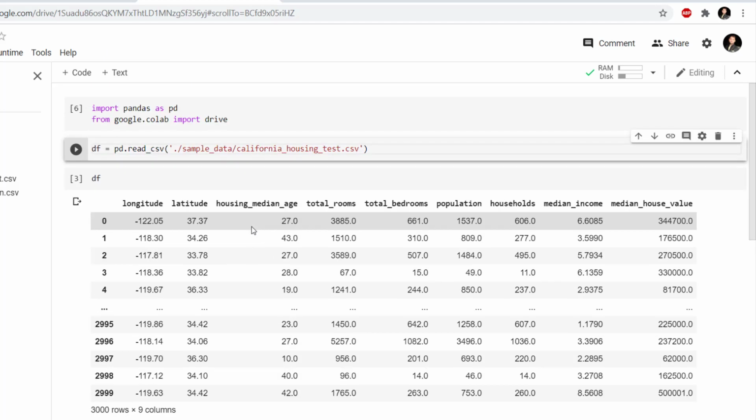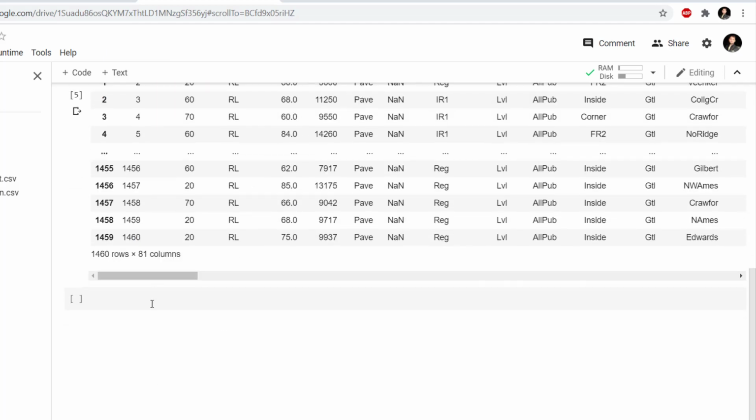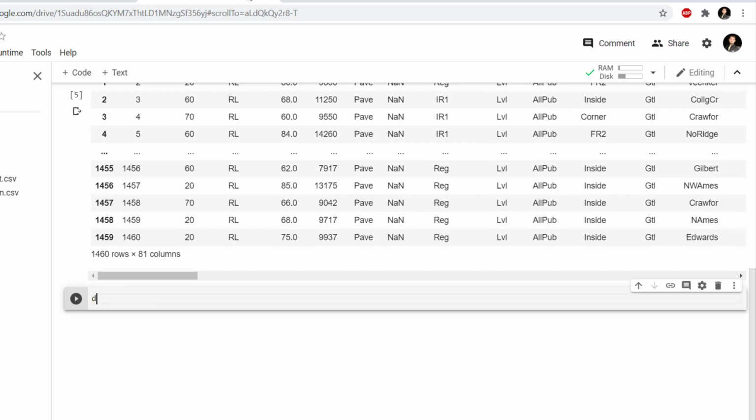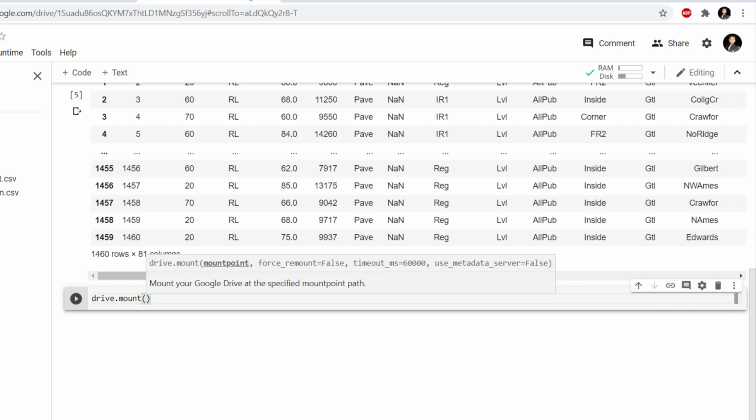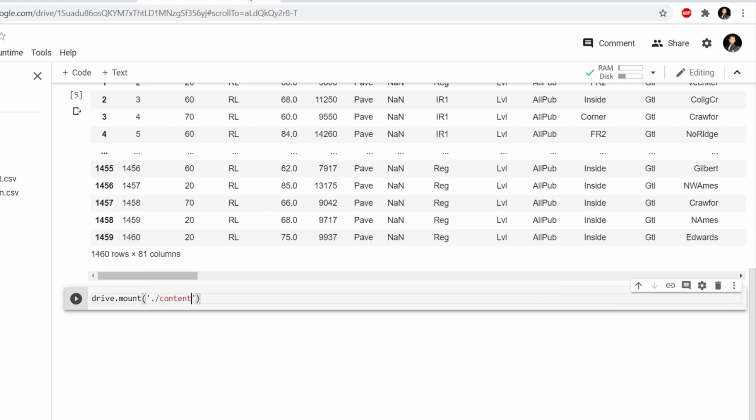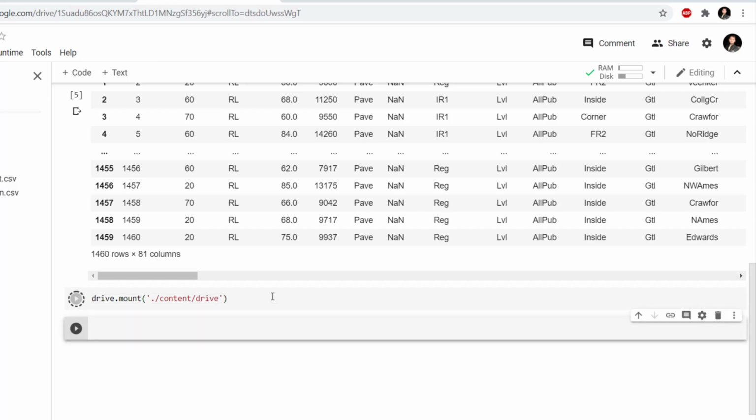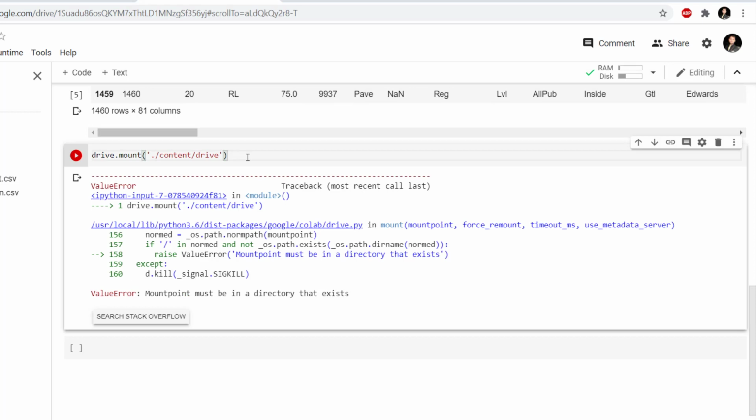Now that we have run this, I'll just mount my drive by drive.mount, and in that we will give /content/drive. So this is the standard path that you'll have to give, and once you run this, it will, okay, so we don't need the dot here.